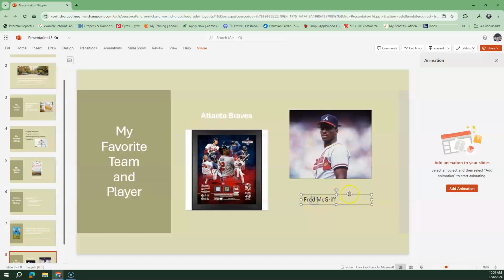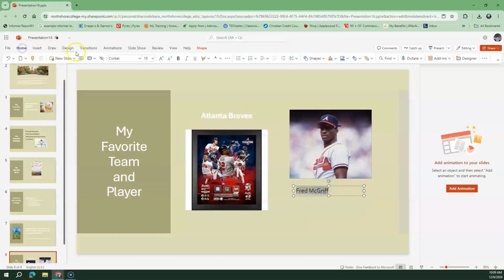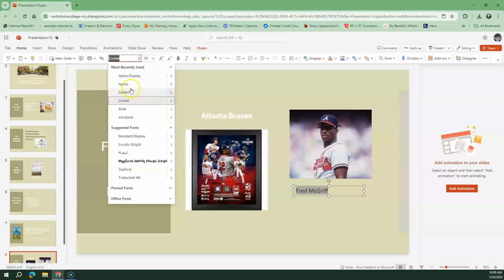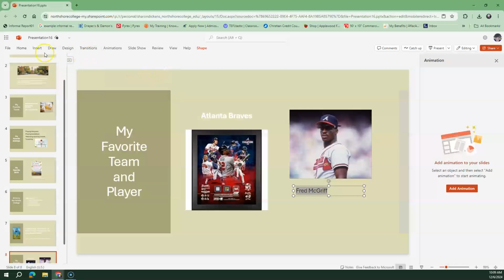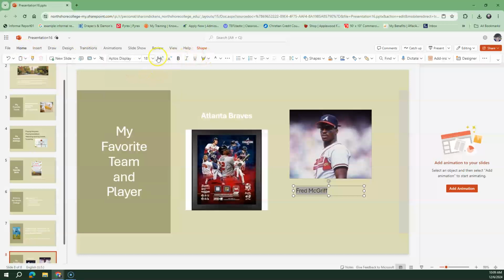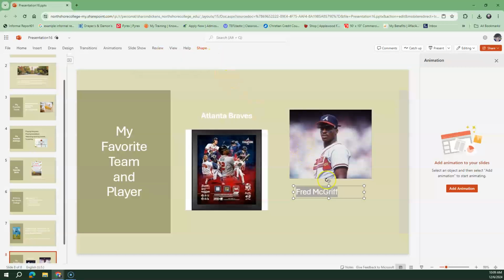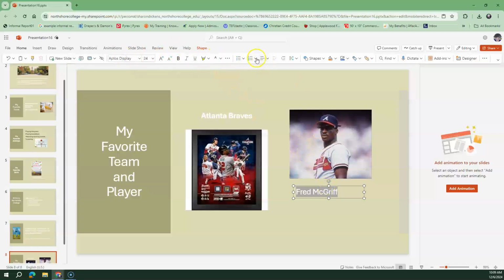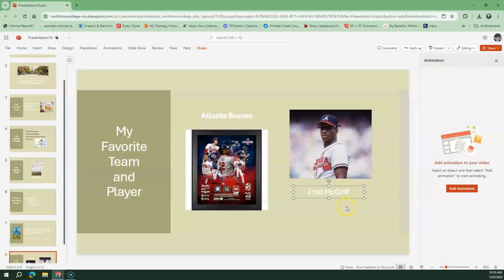All right, and then I'm going to change the font and the size of the font. 24, and I want the color to be white font, and I want it centered. So I want to center align it. Okay, so